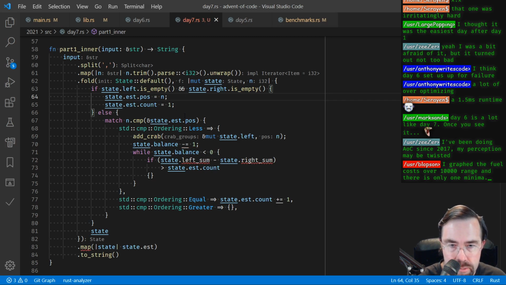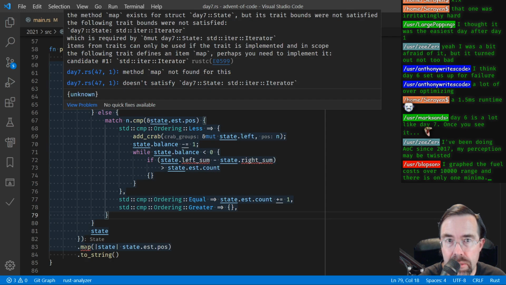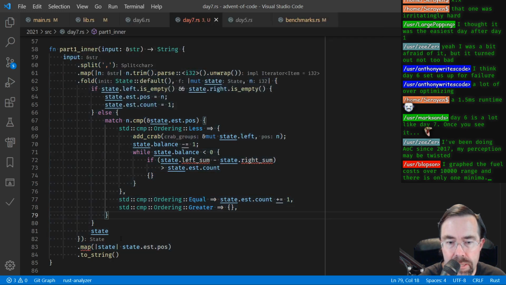Right. This should be position. What's wrong with this map here? Probably because this is wrong. Anyway,